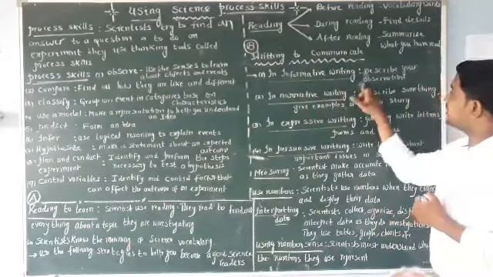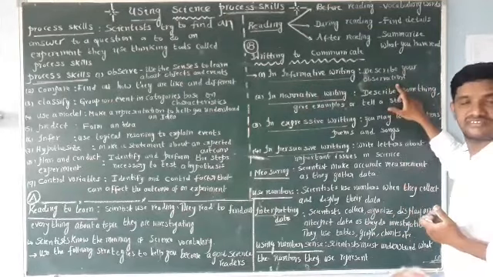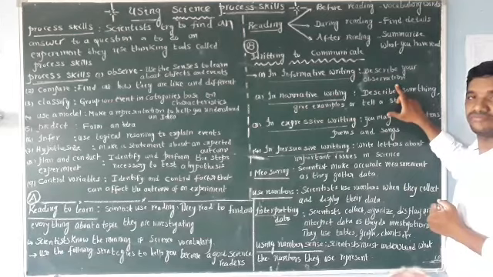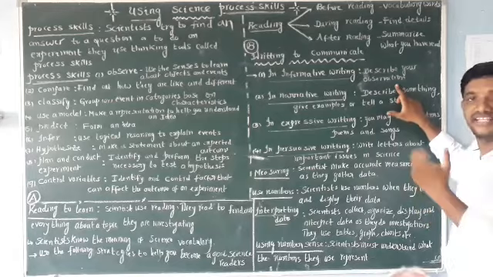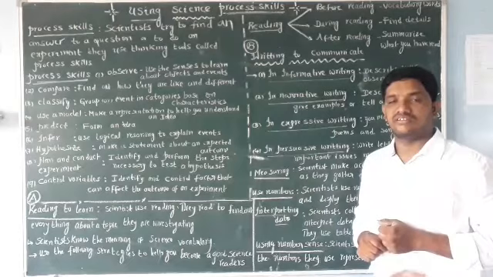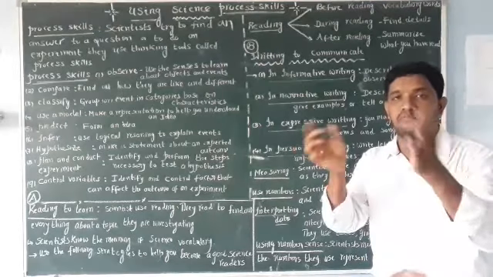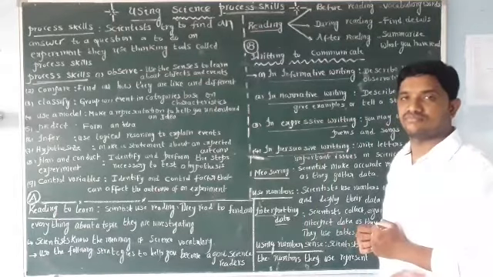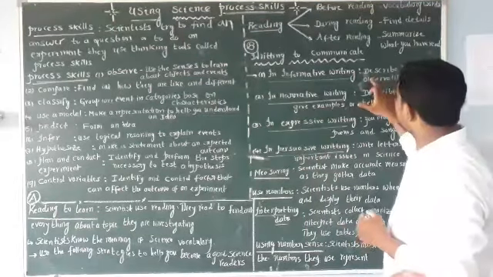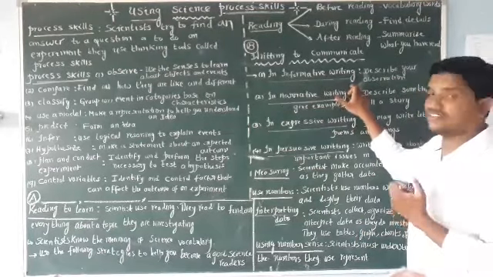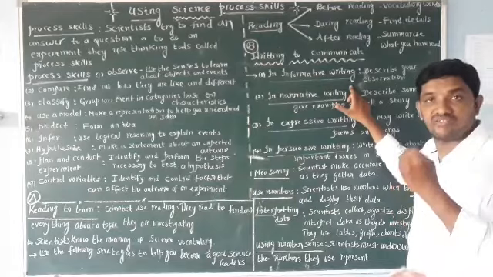In informative writing, describe your observations. What do they describe? Particular observations. They observe many things. They will explain about the particular thing, event or concept. That is describing your observations. It comes under informative writing.